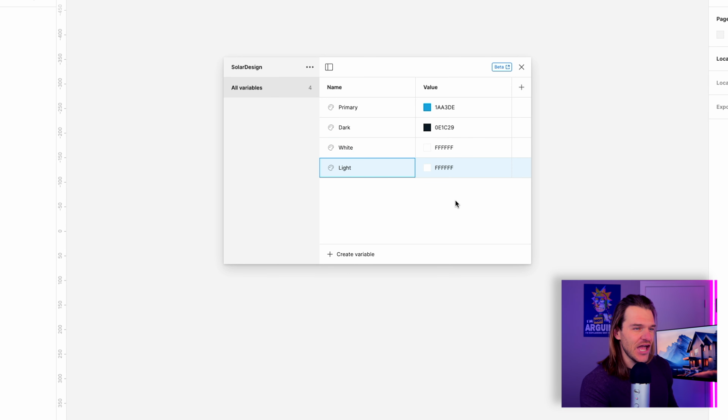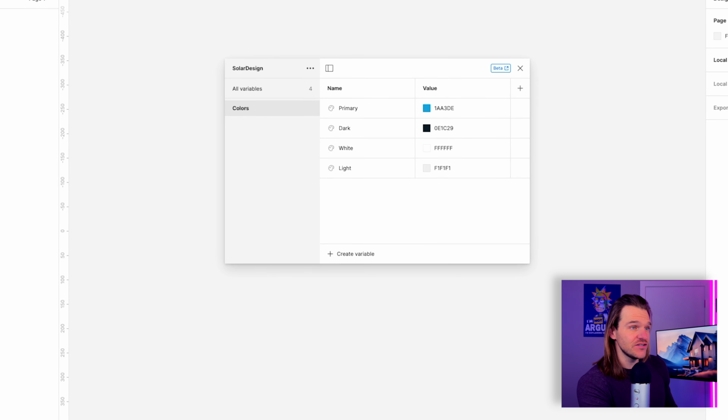Now that we've created that, I want to select all of them, right click and create a new group. It's basically going to put all of those colors in a group. We're going to rename that, call it colors. And there we go. The next step of this is now we want to start putting together our local variables